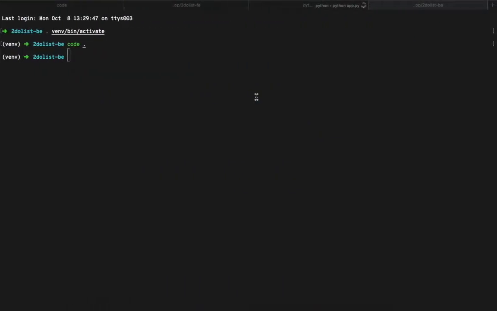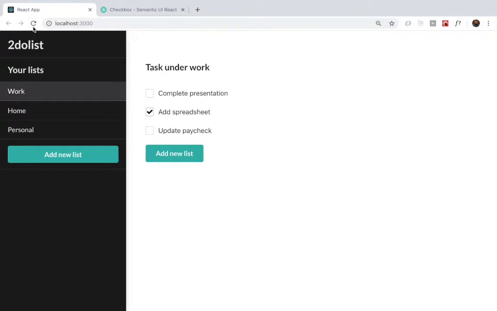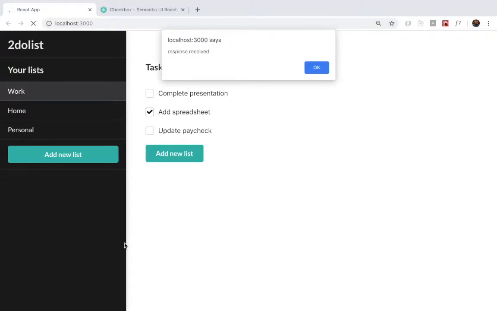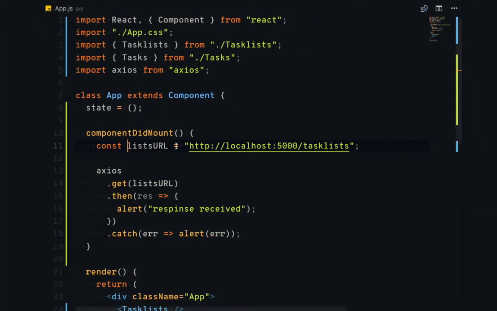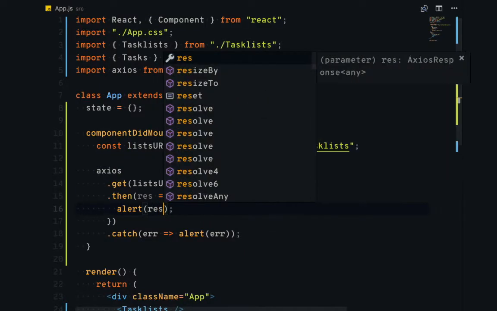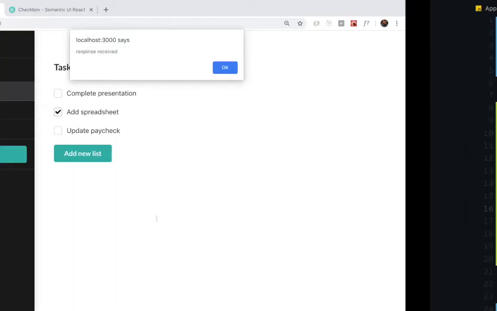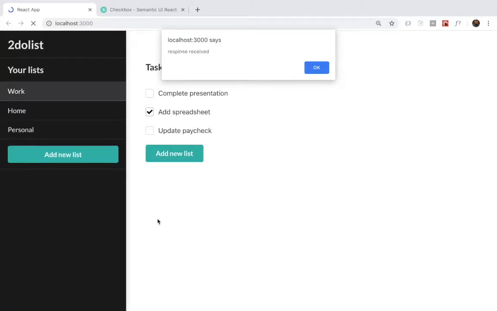You will hit save. That should reload the code. And once you reload this application, we do not receive an error now because it is taking in requests. It says response received. So once we receive a response, we need to do something with it. So let's alert the response so we can see what is the response that we are receiving. So I will type in response as an alert, reload this page,